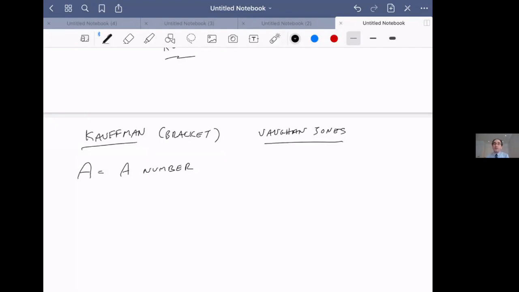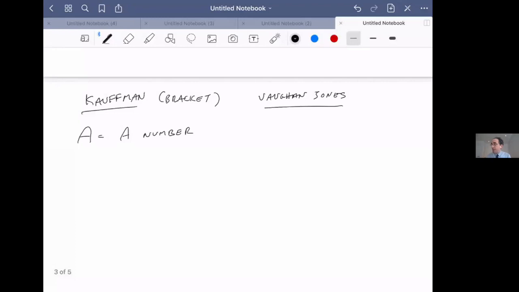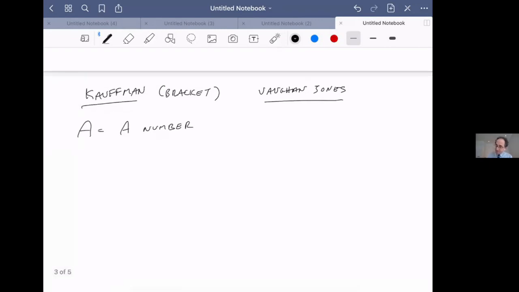And right now we'll leave it just an arbitrary variable, although we will give it an actual value later. For now it can just be a variable. And then there's only two simple rules of the Kauffman invariant. The first rule is that a loop of string with nothing going through the loop, nothing over, nothing under, just a simple loop of string like this, can be replaced by the following combination: minus A squared minus A to the minus 2, okay?